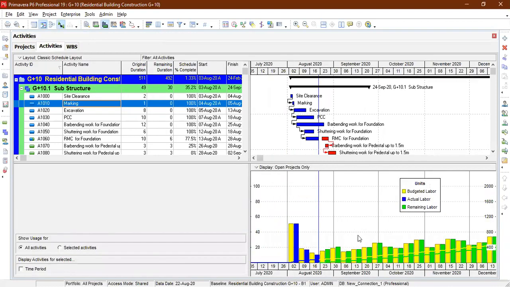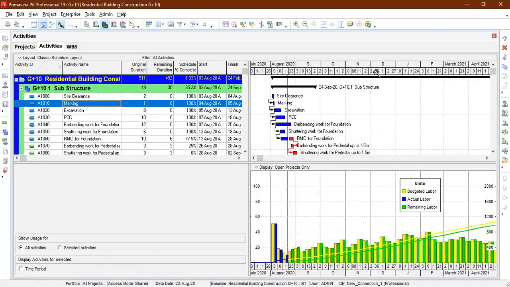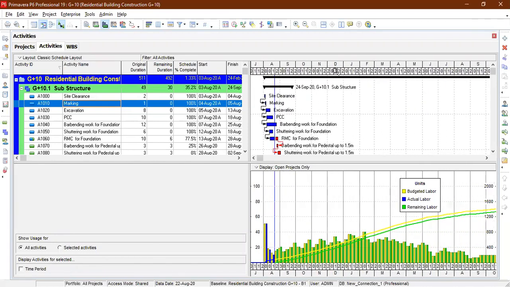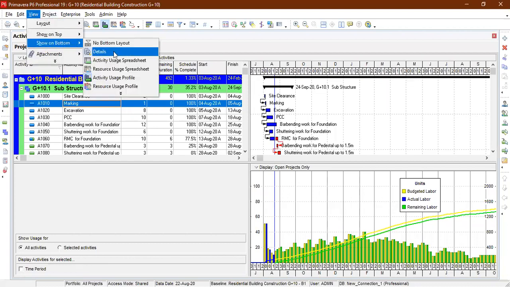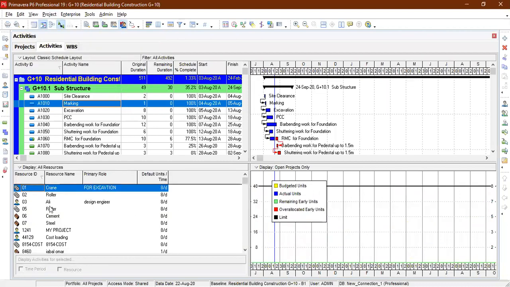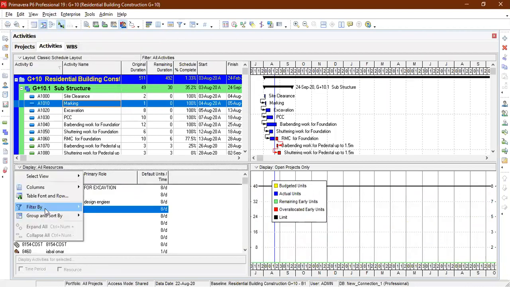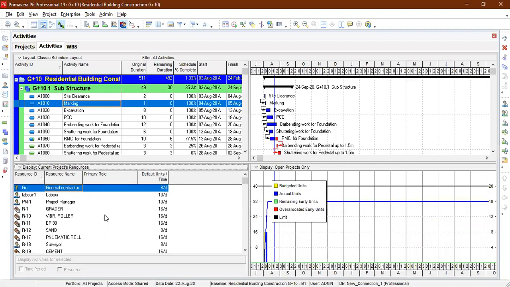If you have week wise, then you are going to get somewhat more clarity. Now you can directly take the print of this graph and submit it to the weekly reports, whatever reports you are going to submit for the clients. So this is the profile you are going to have, and you can see the resource usage profile also, if you are using some resources here.